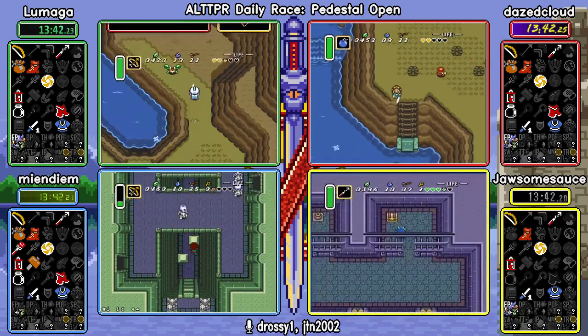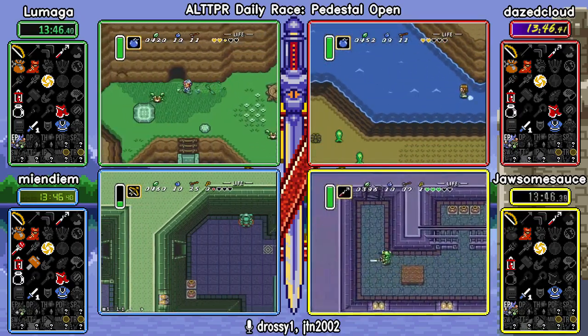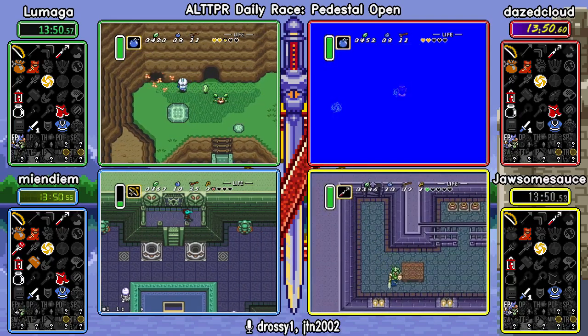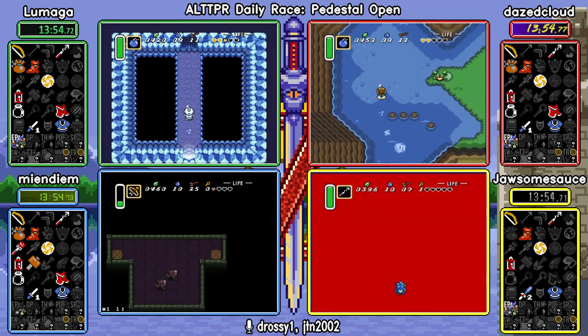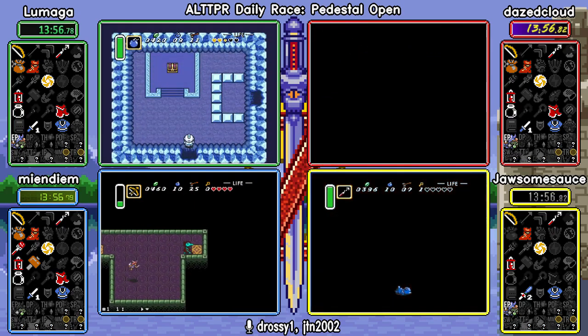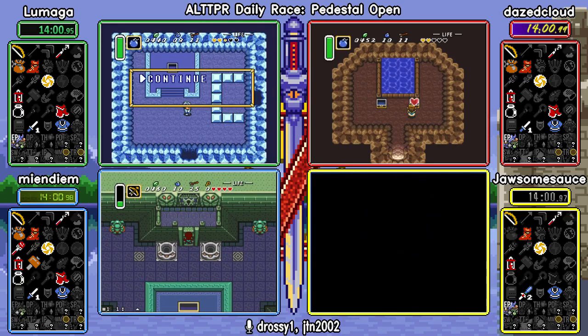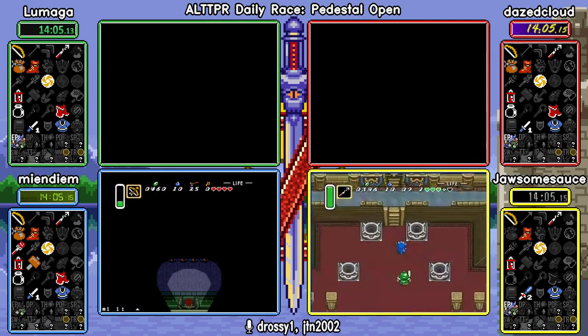Joseph gets a sword from Zelda's. Thank you. I'll be here all week. I guess he is just gonna death warp and do Aga like you were suggesting. Wow. I mean, I don't often call a seed, but when I do...